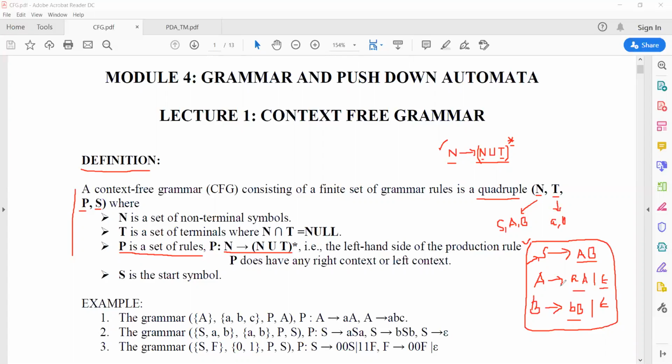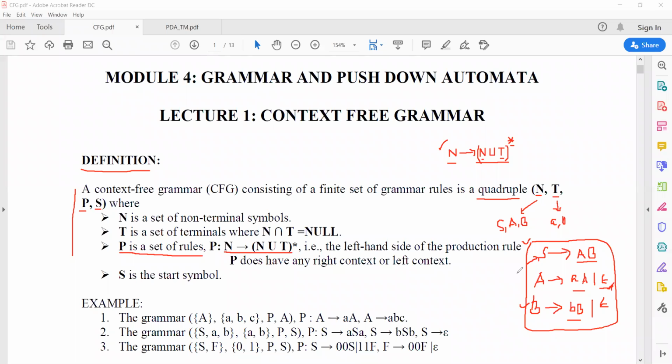And similarly, it could be a combination of non-terminal and terminal. So small a is a terminal and capital A is a non-terminal. And as star is mentioned, the production rule can be anything on the left hand side, and can produce null on the right hand side, it's allowed. So it's also a valid production rule for a context-free grammar. And similarly the B. So we can guess what set of strings or set of sentences will be accepted by the grammar.